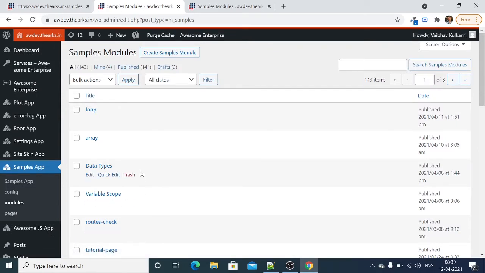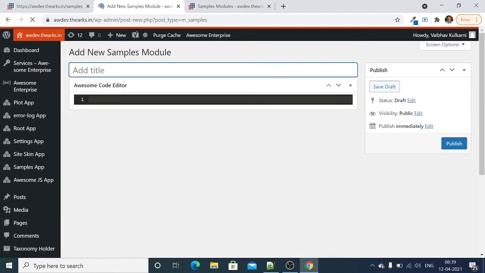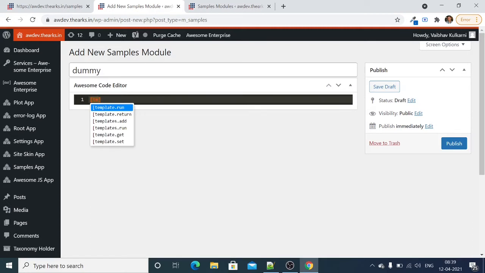So we will create a module. We are calling it a controller. Let's create dummy, and we will create a function templates.add main.